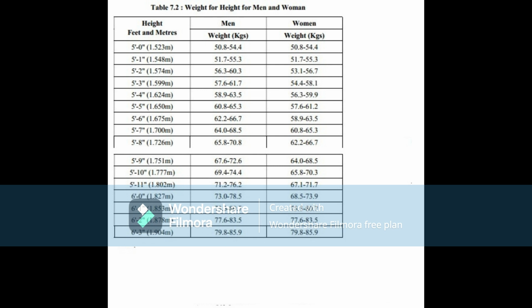Compare your weight with the desirable weight for your height. Compare your weight with the record of your weight last month and the month before. That also, suppose you weigh 55 kilograms today and you find that it is half a kg more than last